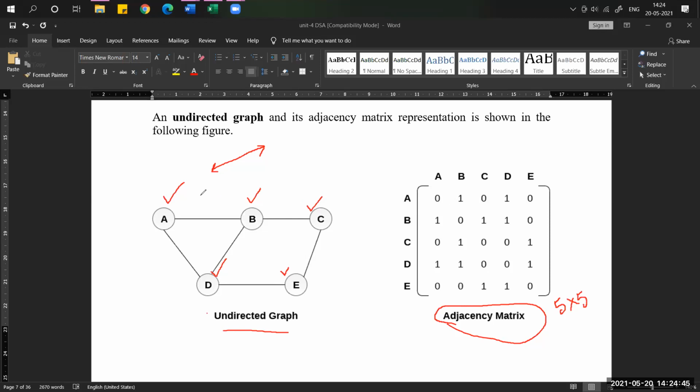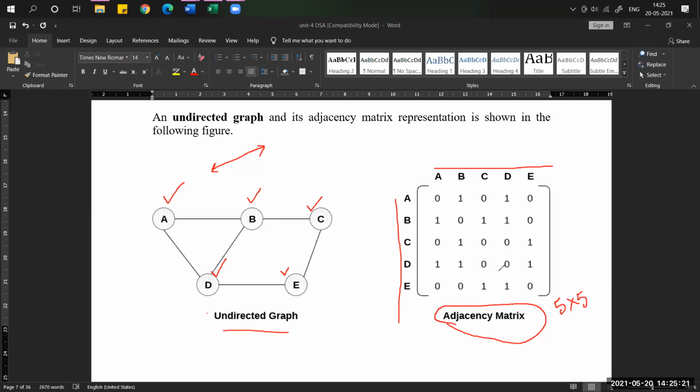Now, first you have to find how many vertices you have. Write those names in rows and then columns. Remember one more important point. Every self node is equal to 0, because there is no direction to the self one. I mean, there is no arc from A to A. That's why you have to keep it as 0. So I will fill 2 lines, then the remaining 3 you try to understand.